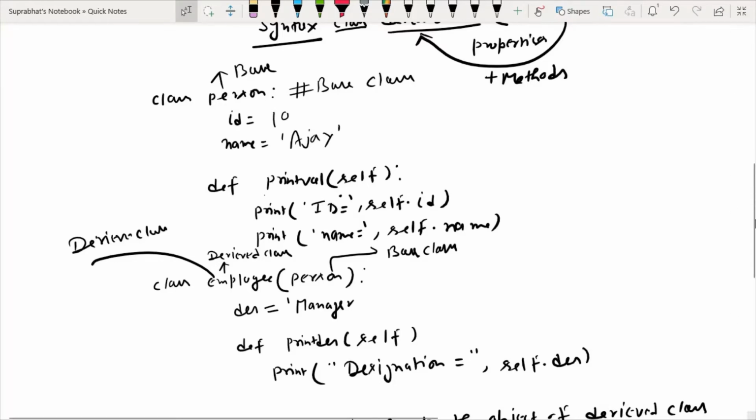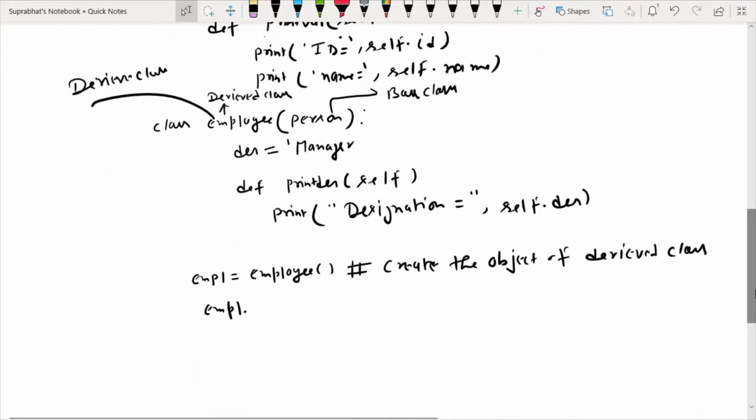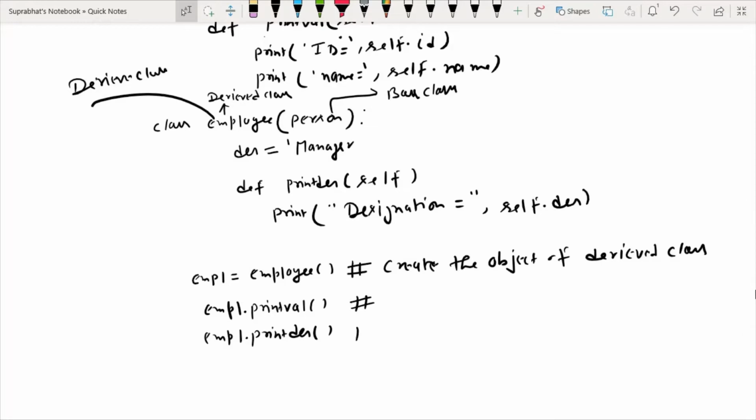So I will access this method using emp dot printval, and also its own method, that is print designation. So it will display the output.